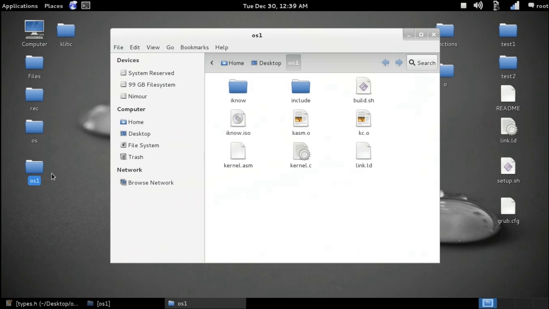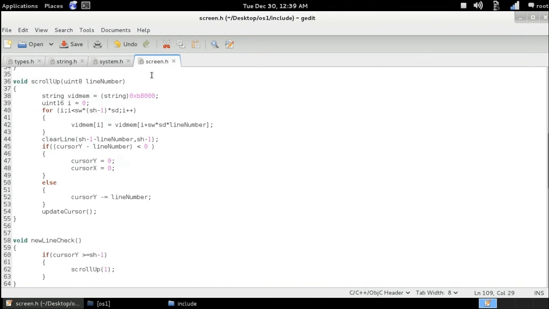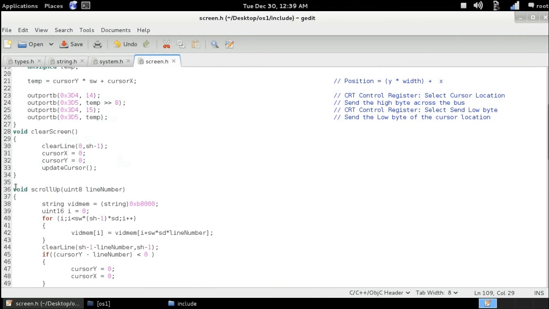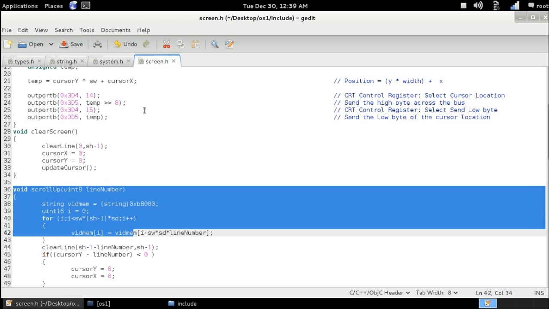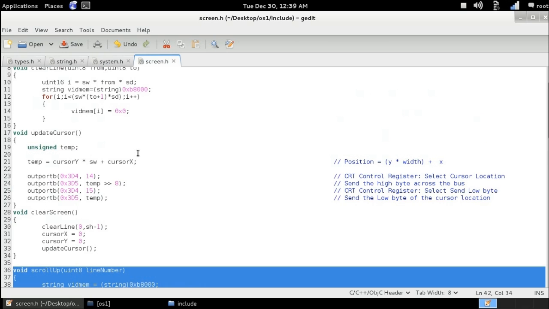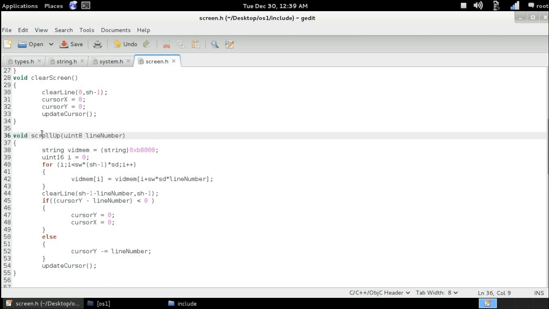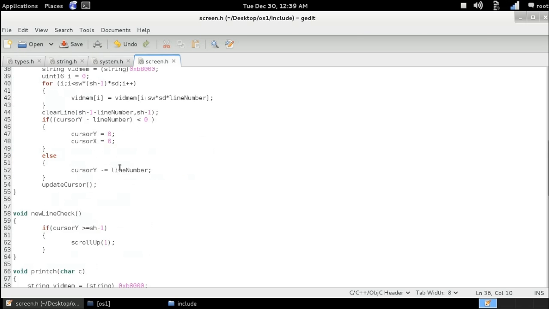So if we go to the OS one, you notice that inside the include folder, for example, screen.h, all of our functions are defined in the screen.h itself, which is actually not good, but I wanted to do it this way, because we're not concerned about this stuff, okay? We're concerned about the operating system development. So this type of declaration of functions is called